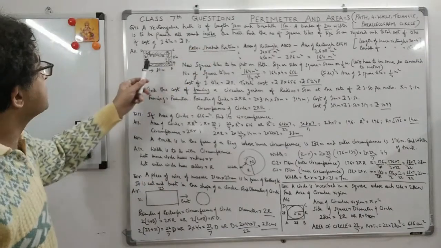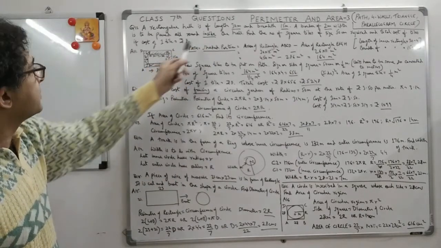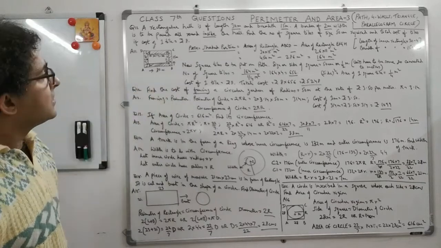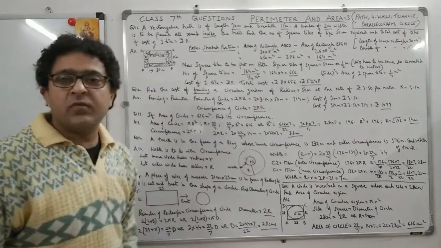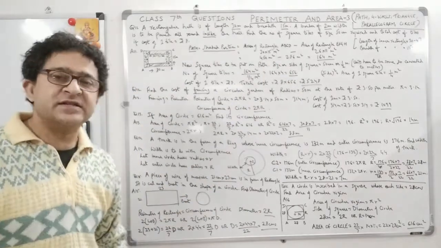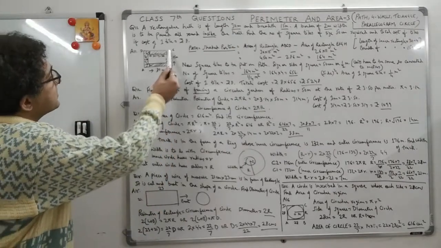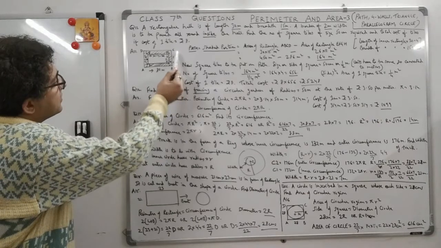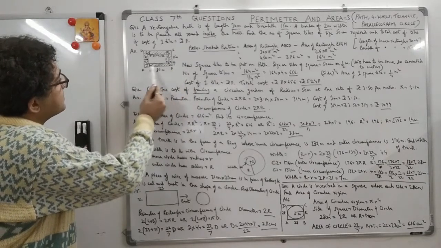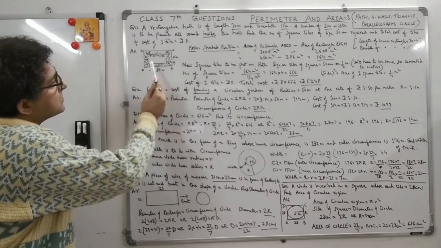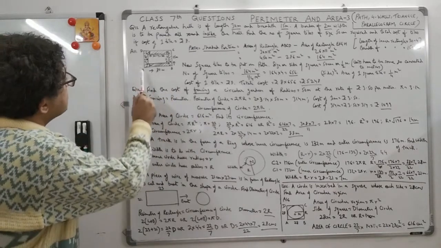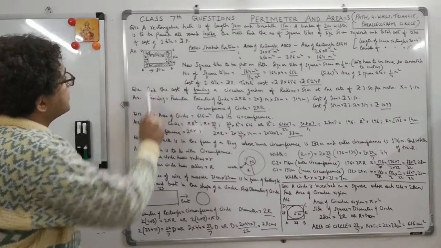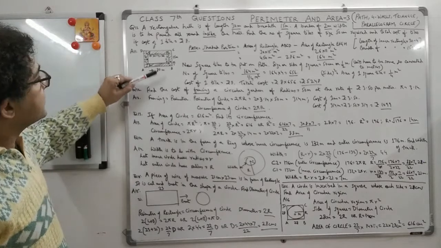So what has happened here is that first you make the diagram, first you make the rectangle 30 meter and 15 meter, right? So length and breadth. Now what is happening? A border of 2 meter width is inside. So 2 meter inside here and here, which is 4 meter. So 15 becomes 11 here and this 30 becomes, because it is a border, right? So here also 2 meters and 2 meters, so 4 meters from here.